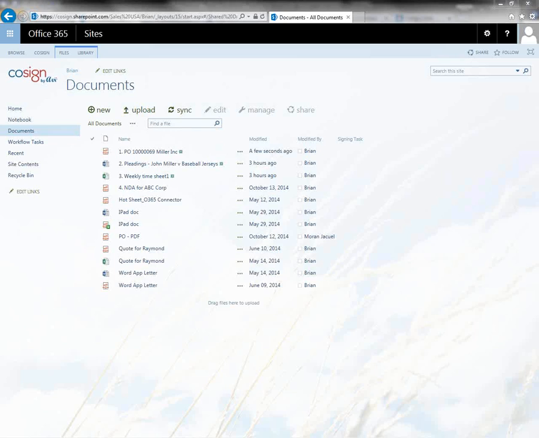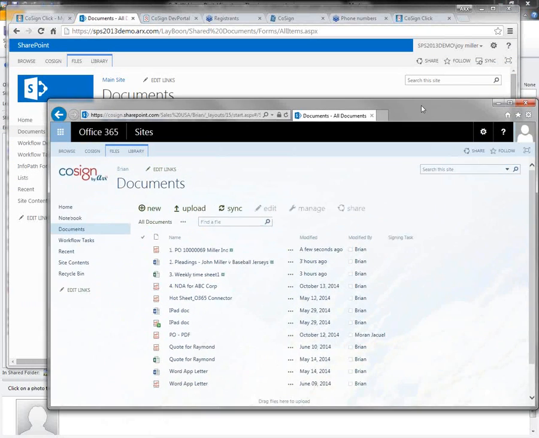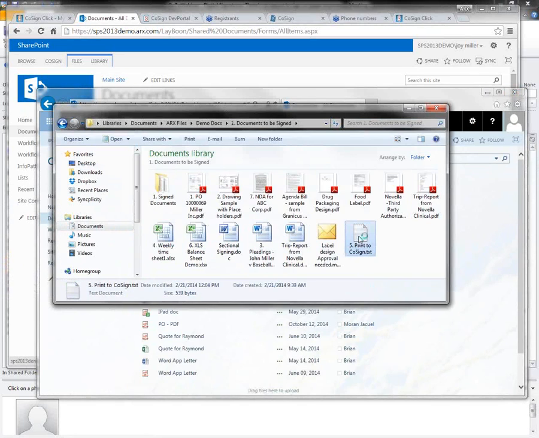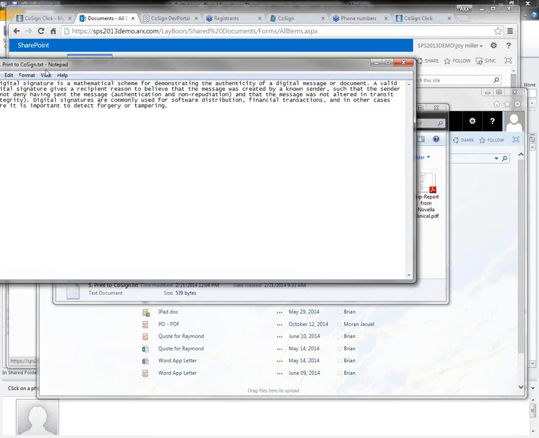So really it comes down to what it is you're signing, and does that document format support standard digital signatures. And even if it doesn't, we do have a tool to be able to convert anything to a PDF for signing. So again, you have multiple options.